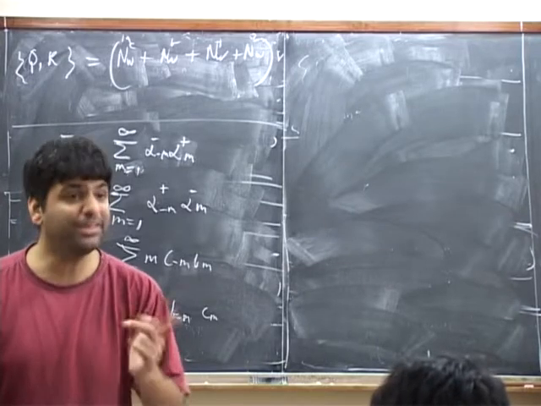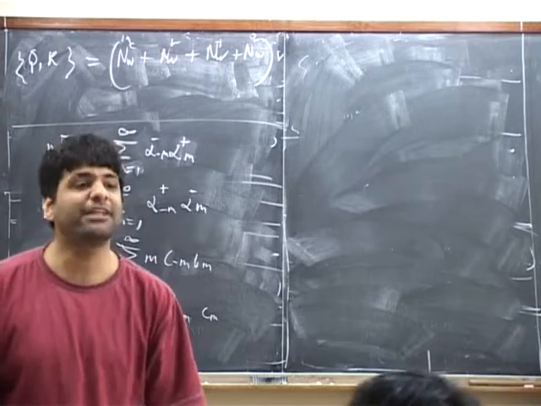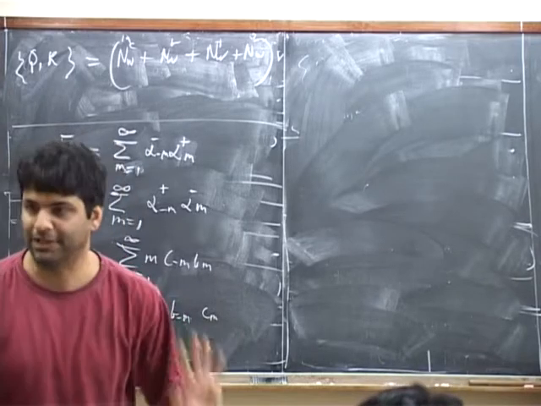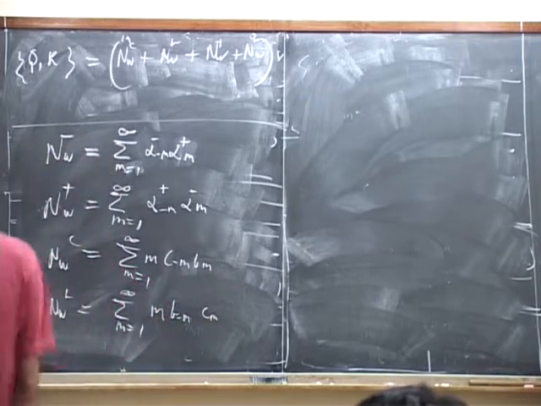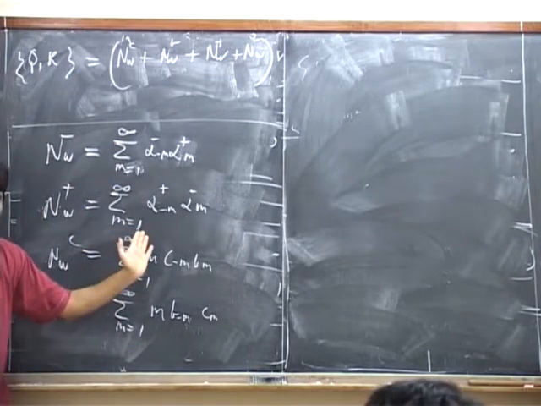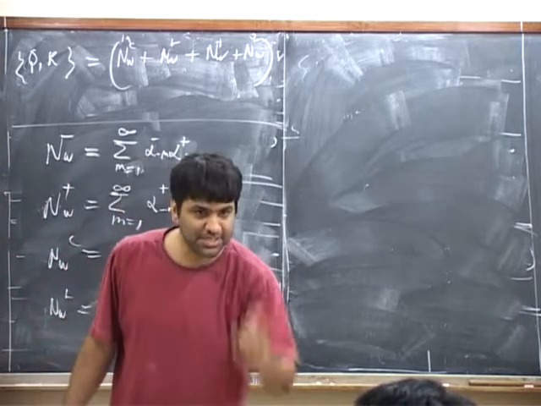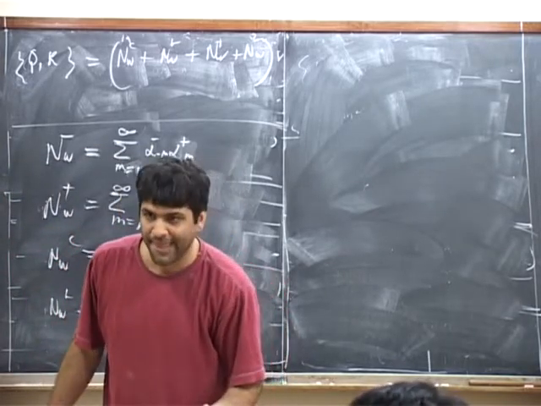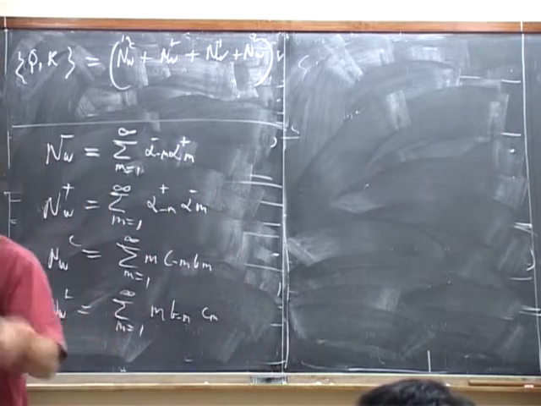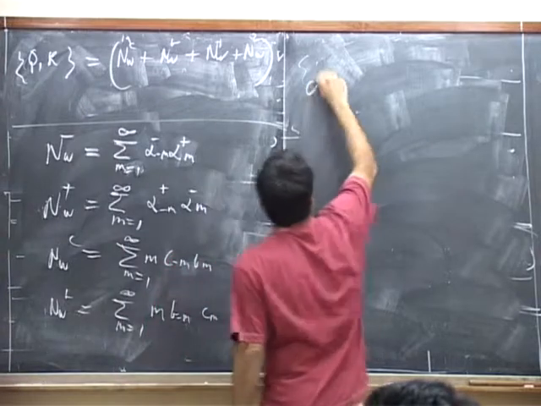Now I'm claiming that both the original operators Q1 and R annihilate the vacuum. Therefore, it must be true that the anti-commutator of Q1 and R annihilates the vacuum. This form of the operator does annihilate the vacuum because I've normal ordered it. So all I have to do to convince you that this is the correct answer is to demonstrate that both Q and R annihilate the vacuum. Let's remember what Q1 and R are.